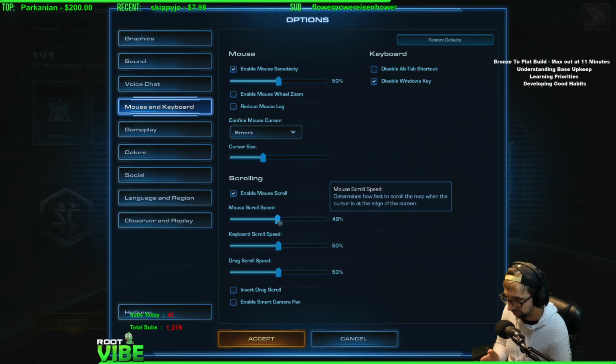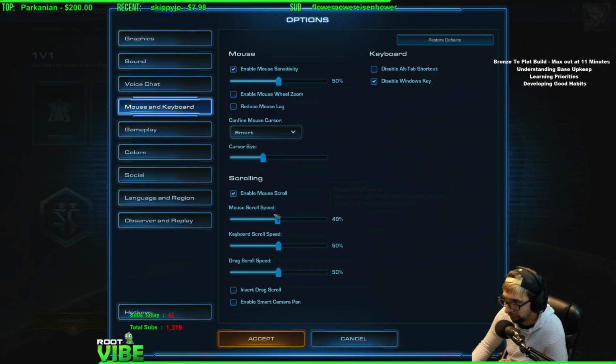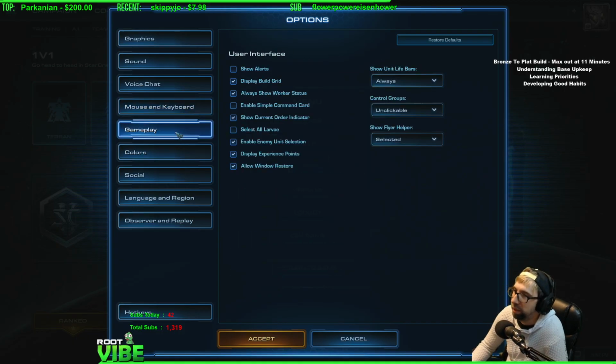It'll feel kind of fast at first, but it's so much cleaner at making the game feel more playable at a faster pace. It's so good to get used to it like that. So definitely turn it up to like 50%. I would highly recommend that. Now in gameplay,